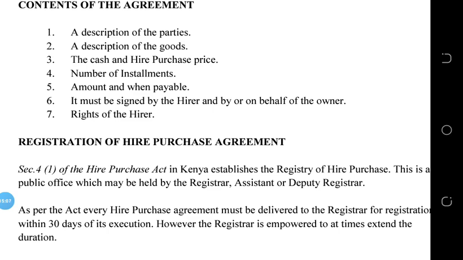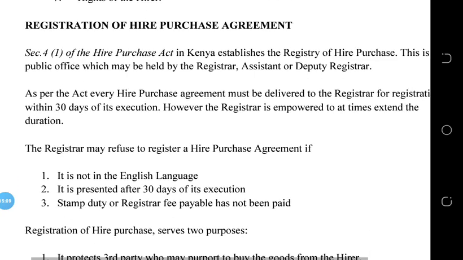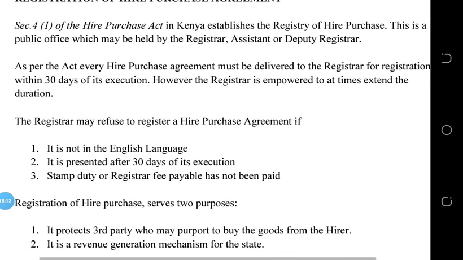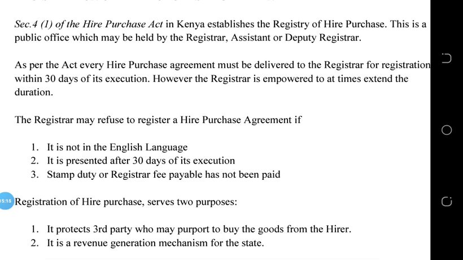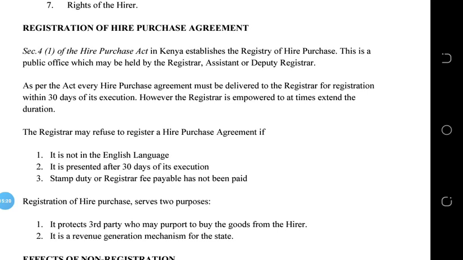So section 4 subsection 1 of the Hire Purchase Act in Kenya establishes the registry of the hire purchase, and this is the public office which may be held by the registrar, assistant, or deputy registrar. As per the Act, every hire purchase agreement must be delivered to the registrar for registration within 30 days